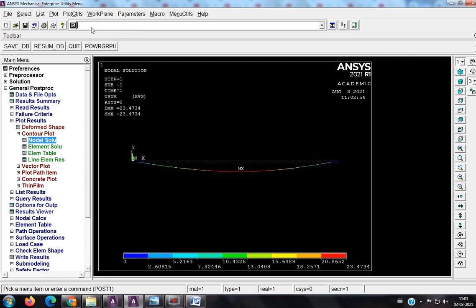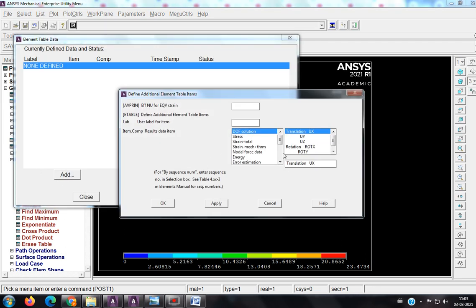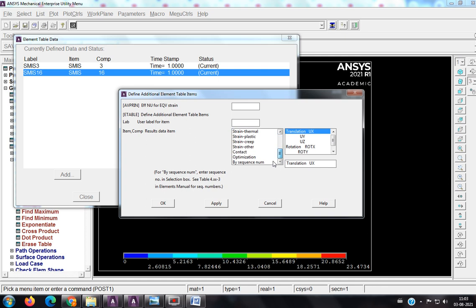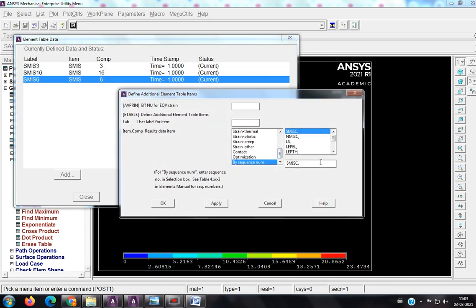Okay. Next I have to type set comma, and hit enter. Fine. What next? Next I go to this blue color element table, define table, add, by sequence number SMISC 3, 16 for the bending moment diagram, 6 and 19 for the shear force diagram, right?